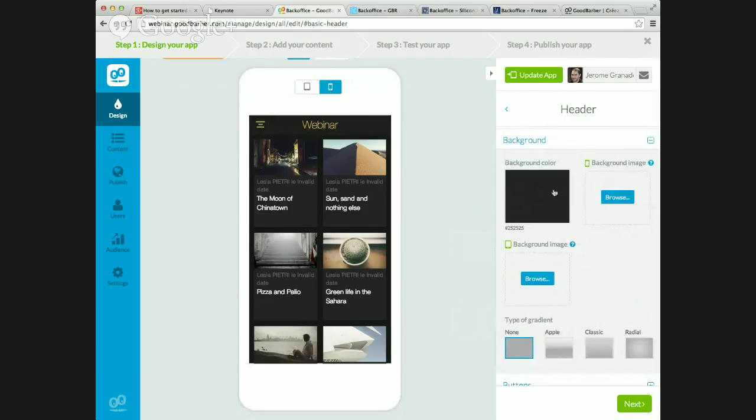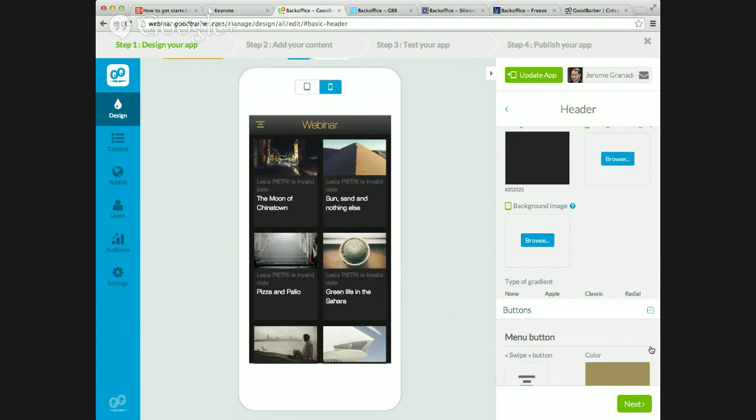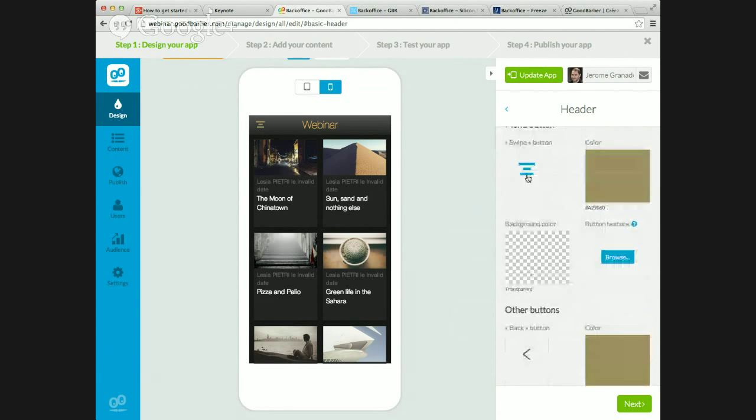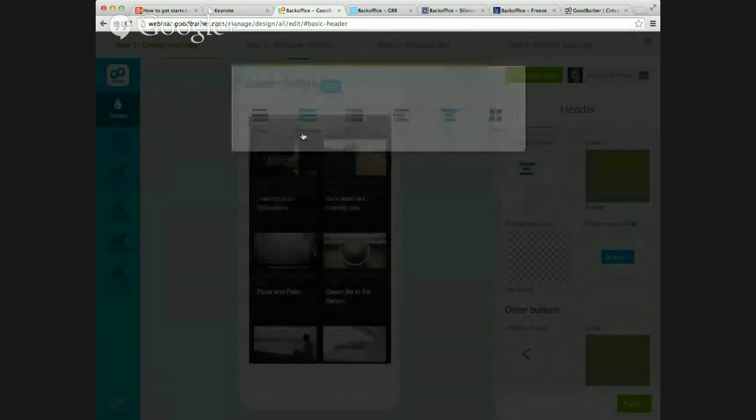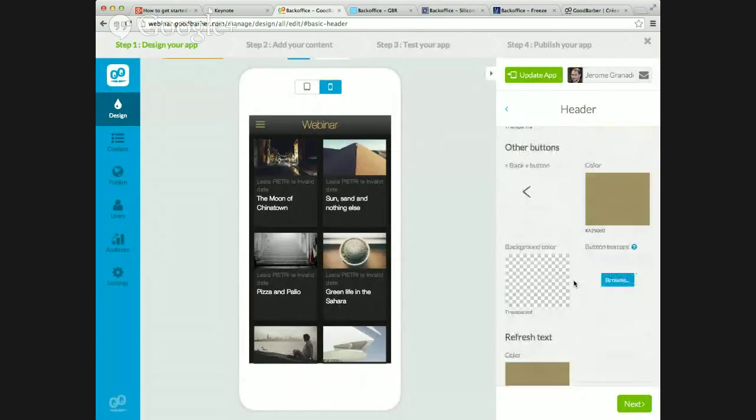Here it's a black color. I can choose an image if I want. I can apply some effects like gradients. Those effects appear when the app is built natively in the iOS app. Okay. And I can customize everything in my header to have the app look as I want. So let's assume I'm done with designing my header. I'm going to hit next